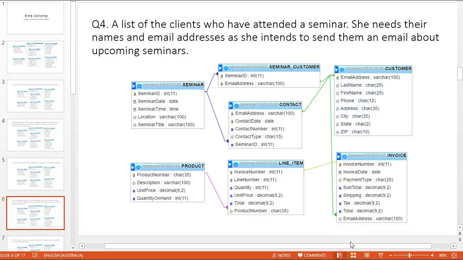Okay, our fourth query is a list of the clients who have attended a seminar. So some of these customers may not have actually attended a seminar. They may have bought some of her products. Some of them are going to have attended seminars, and as you would remember from working out this entity relationship diagram in the workshop,